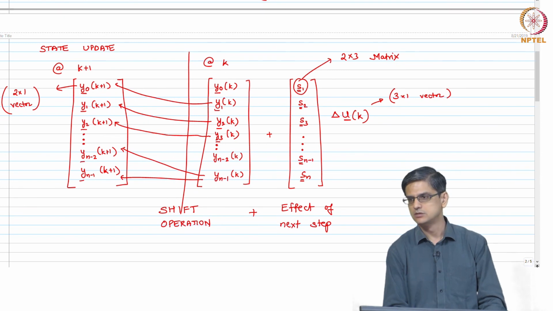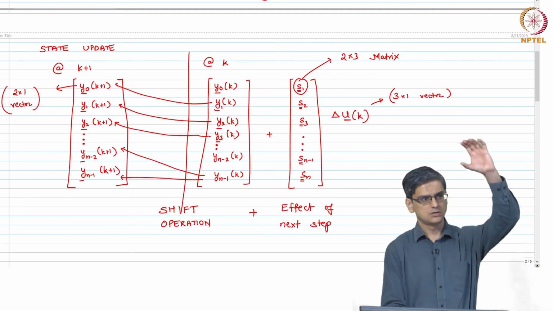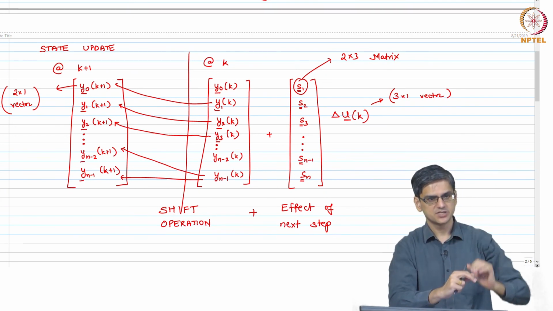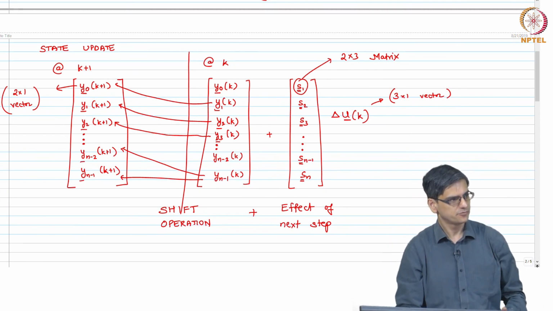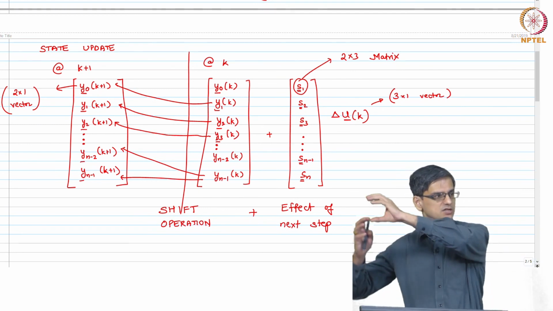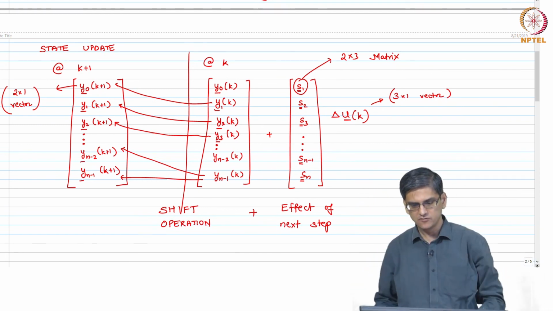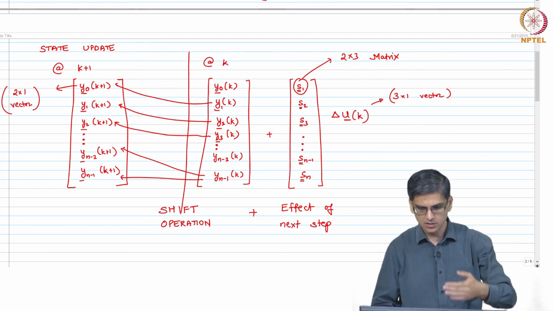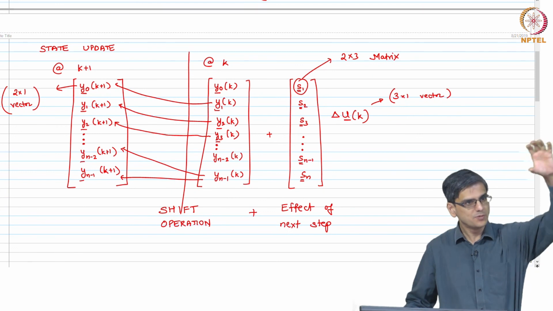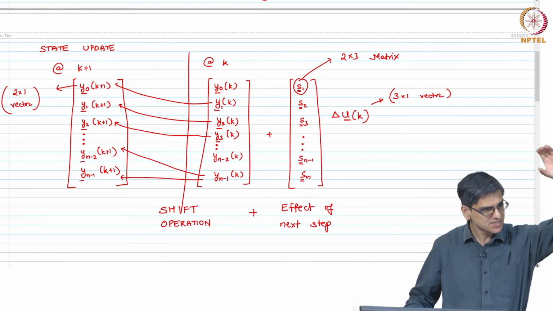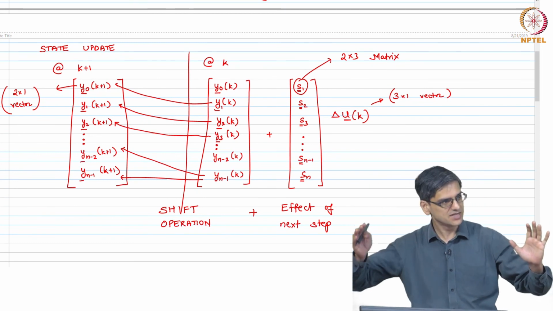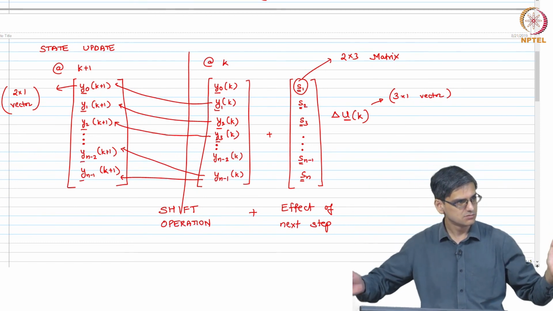That is all. 2 by 3 matrix, n number of times at time 1, time 2 up to time n, that multiplied by delta UK, which is a 3 by 1 vector. Let us say n was 10, right. So, 2 by 3, 2 by 3, 2 by 3, 2 by 3 means 20 by 3. 20 by 3 multiplied by 3 by 1 is what? 20 by 1,